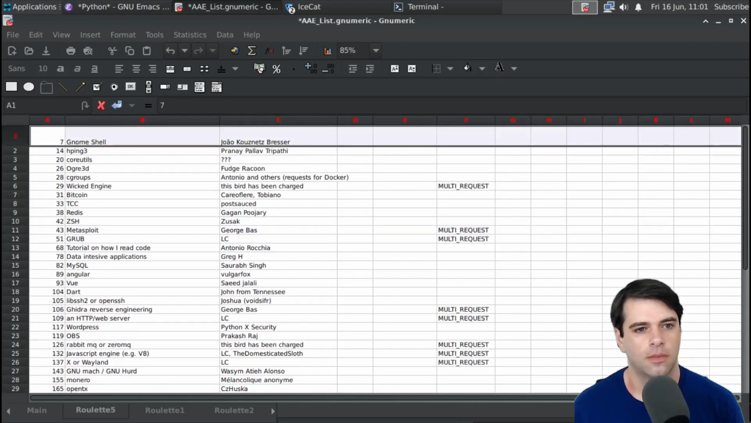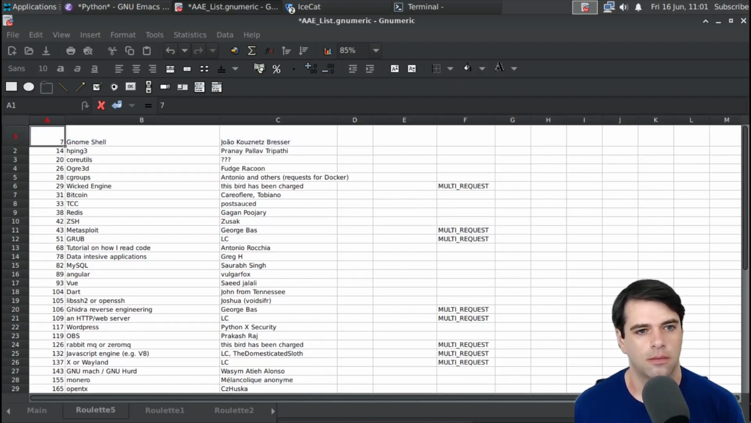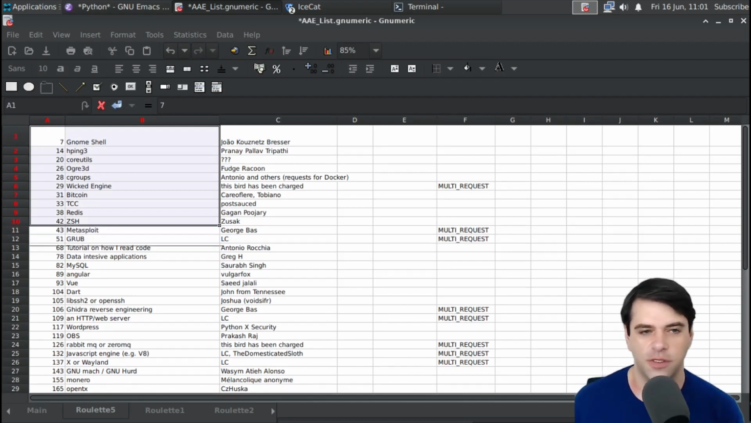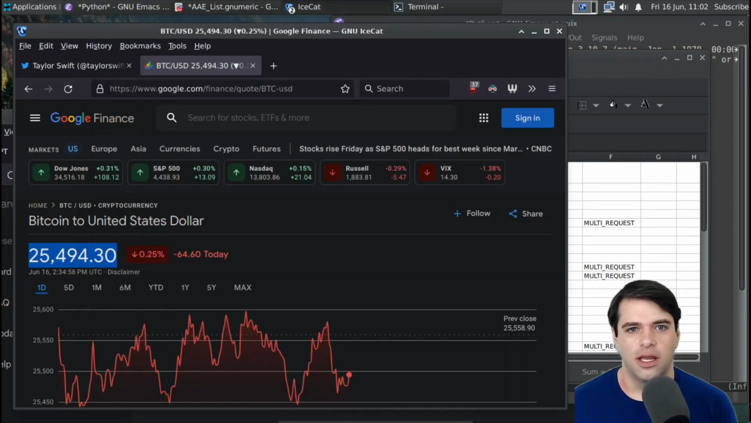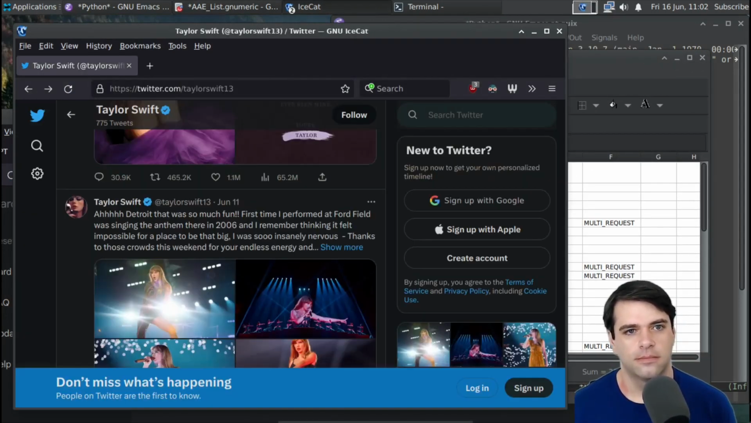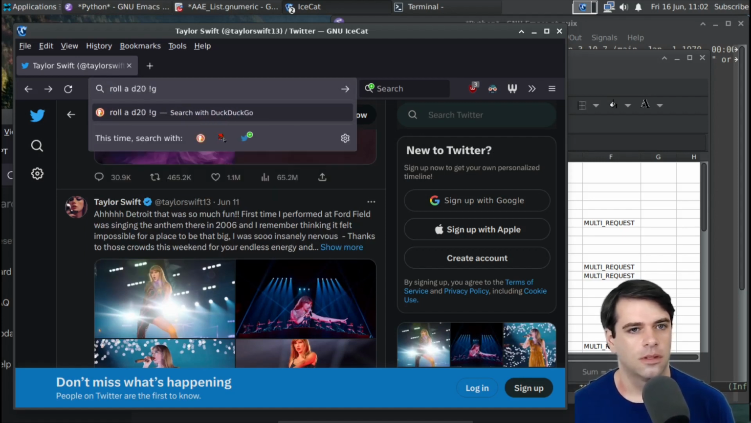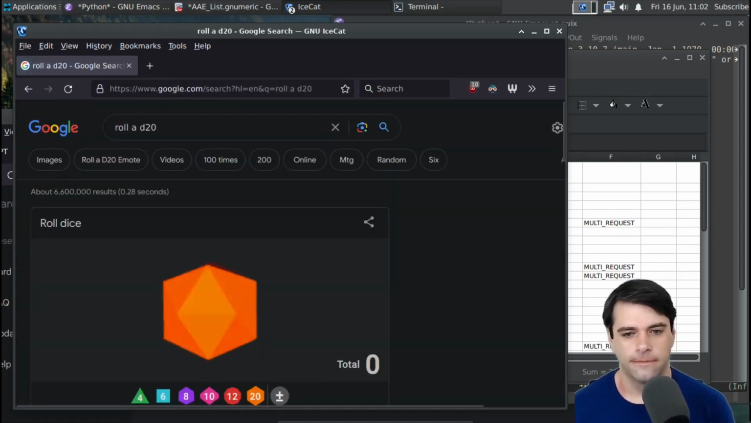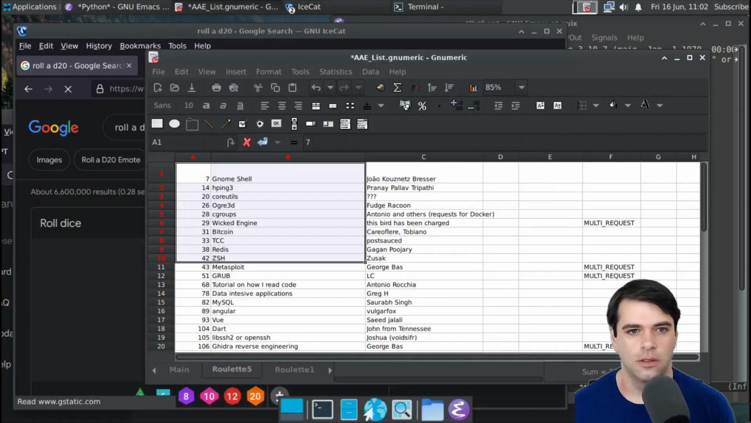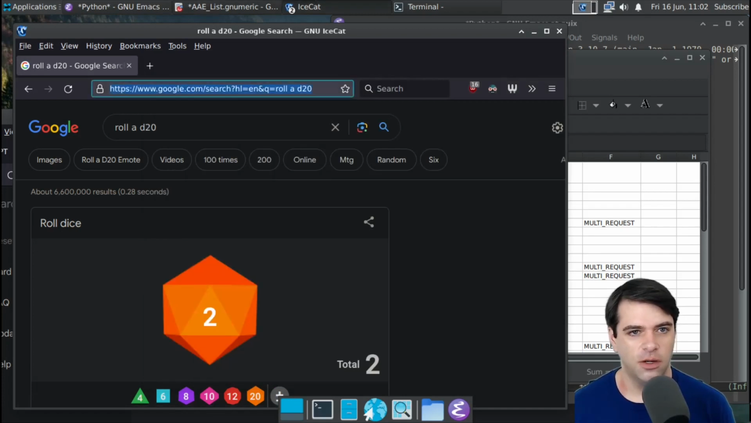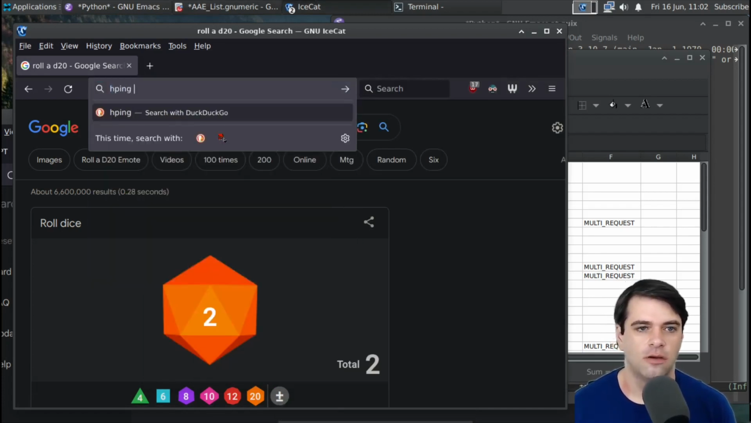So our options are GNOME Shell, hping3, Core Utils, Ogre 3D, C Groups, Wicked Engine, Bitcoin, TCC, Redis, or ZSH. Let's go ahead and roll a d20. 2. 2 is hping3. Now, I don't really know what hping3 is, other than it's a utility for, I think,